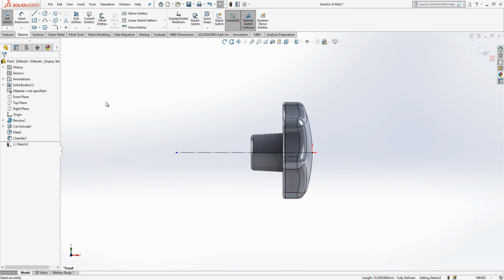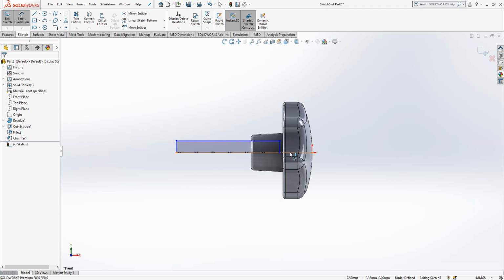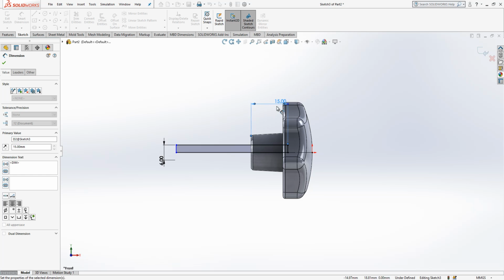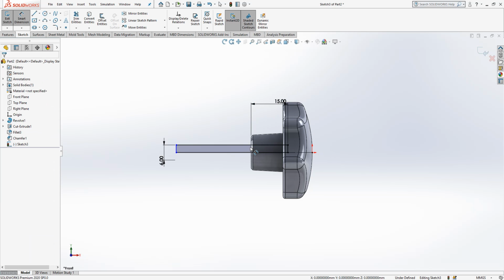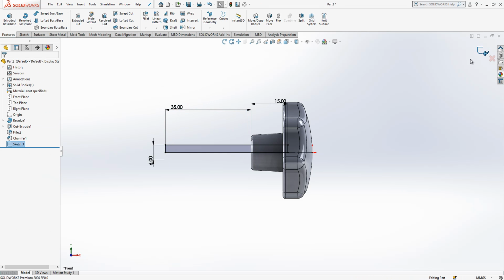So this is construction geometry. This is the shaft, and we'll end something like this. Here I have a diameter of 6. Here I have a length of 15, and from here to here 35. 35 is good. We close the sketch,